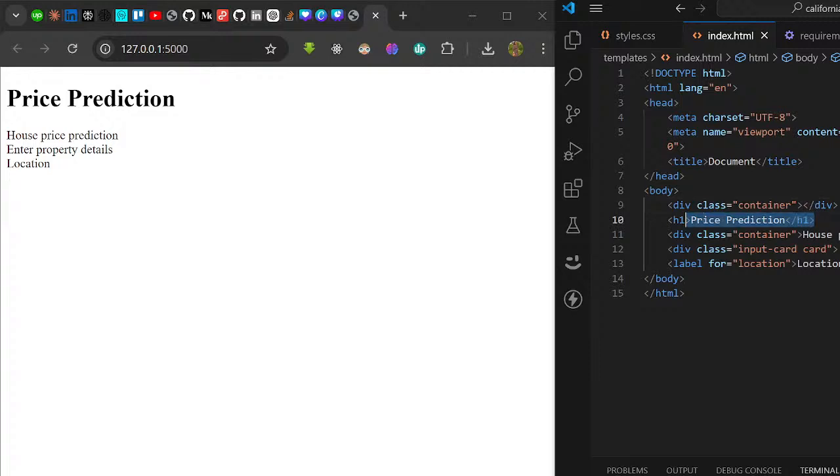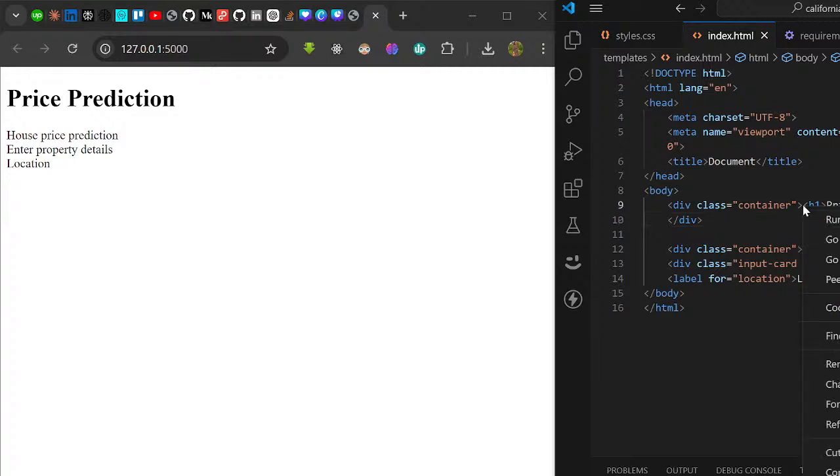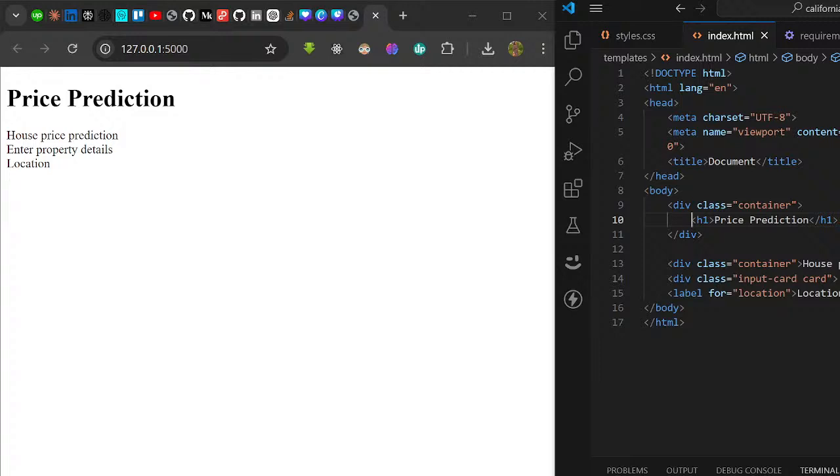Then copy this, place it inside the div container you just created. Like this. Yes. So this is our heading,